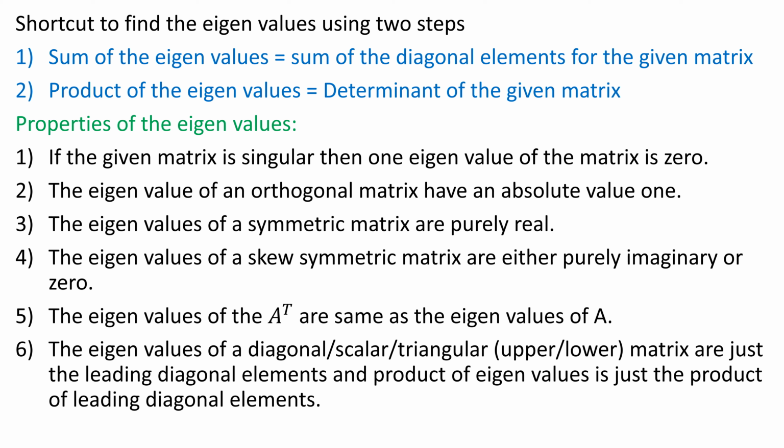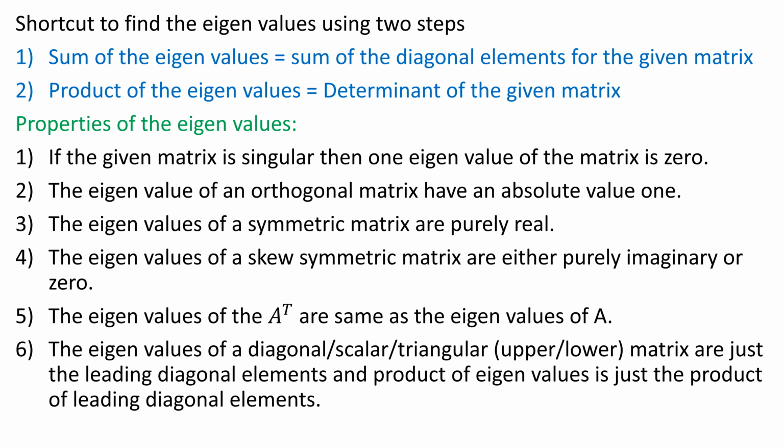Basically, eigenvalues are calculated using the characteristic equation A minus lambda I, by making the determinant of A minus lambda I equal to 0, that is det of (A minus lambda I) = 0. We will get an equation in lambda, and by finding the roots of that equation, those will be the eigenvalues. If it is a 2 by 2 matrix, it can be calculated easily, but in the case of a 3 by 3, 4 by 4 or 5 by 5 matrix, that will be time consuming because the equation is in the form of lambda power 3, lambda power 4, lambda power 5, like that. So finding the roots to find the eigenvalues will be time consuming.